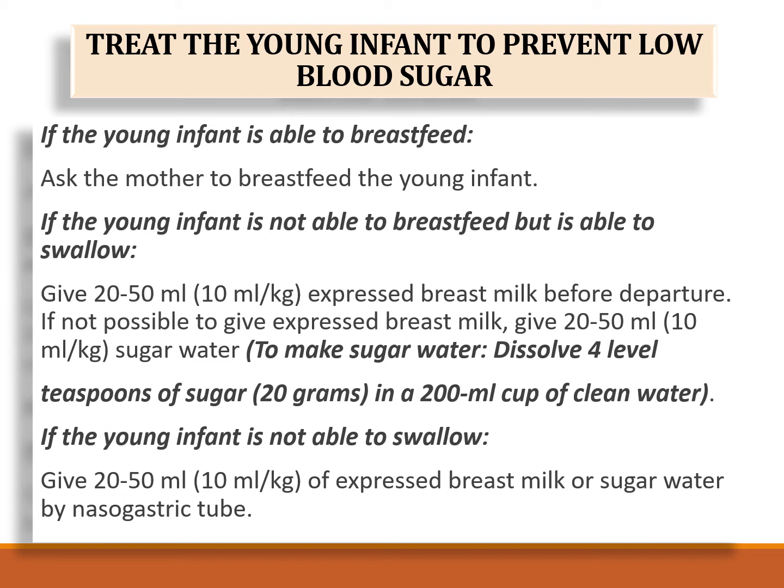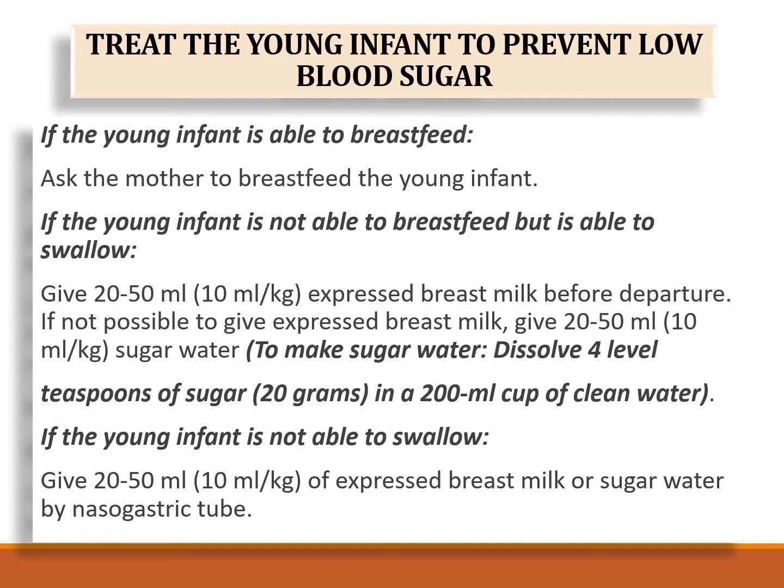If the infant is able to breastfeed, treat the infant to prevent low blood sugar. Ask the mother to continue to breastfeed the infant. If the young infant is not able to breastfeed but is able to swallow, then give 20 to 50 ml, equivalent to around 10 ml per kilo, of expressed breast milk for departure. If not possible to give expressed breast milk, give 20 to 50 ml or 10 ml per kilo of